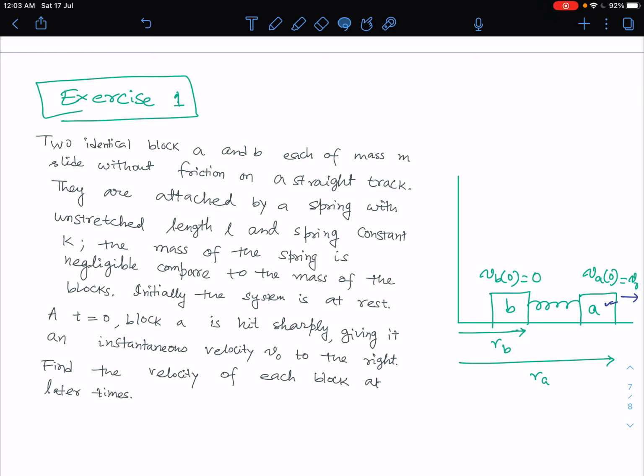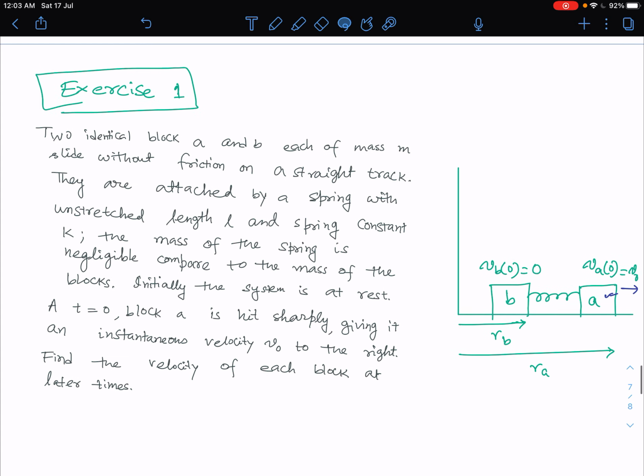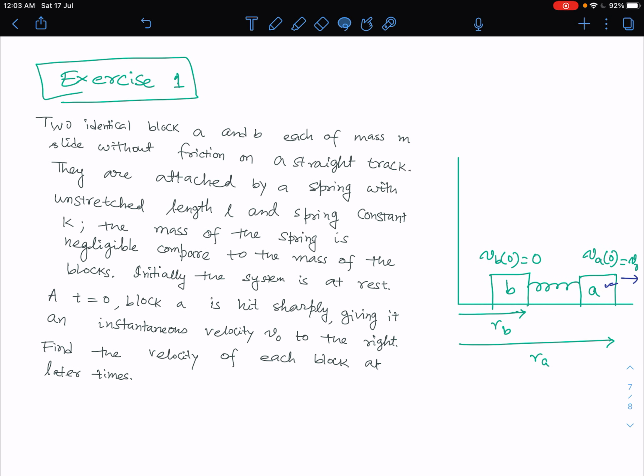So in this tutorial, we will discuss problems using the center of mass coordinate that we have developed. So the first problem is as follows. You have a block A and a block B, and the blocks A and B are attached by a spring of unstretched length small l and spring constant k,